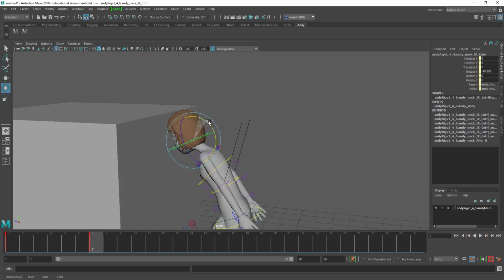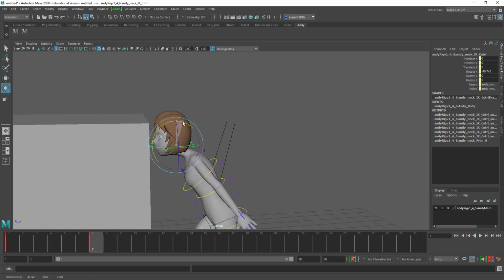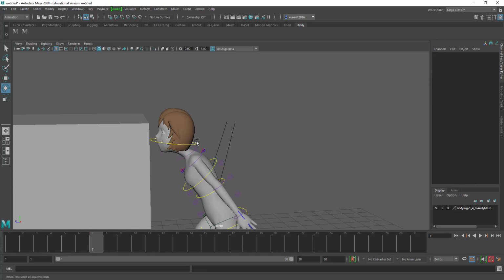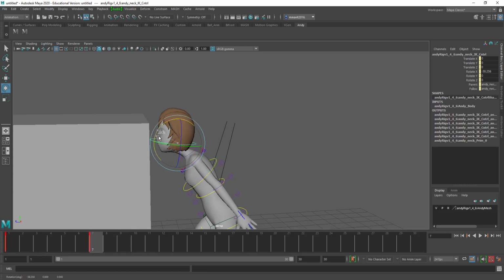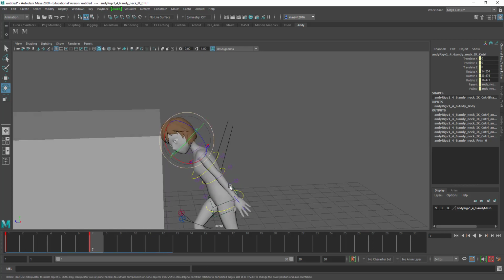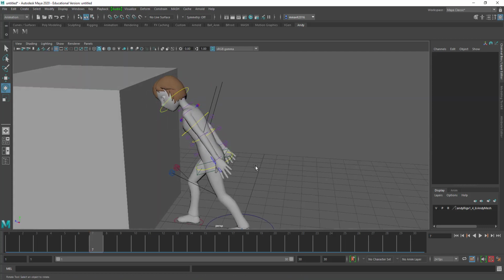Okay, tilt it up. Move your neck a little bit up. Tilt it down. Towards the camera. Okay. So now what's happening here is